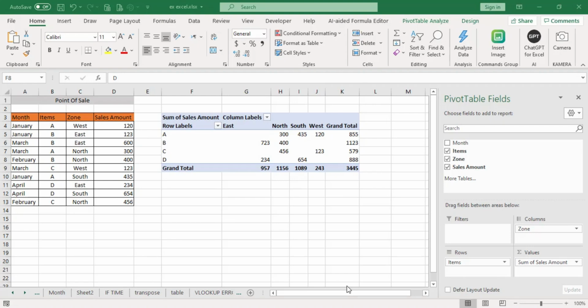Okay, in this video tutorial, I will explain more about PivotTables. In this video, there are some things I want to make clear. On this PivotTable, first, I will try to discuss how to update